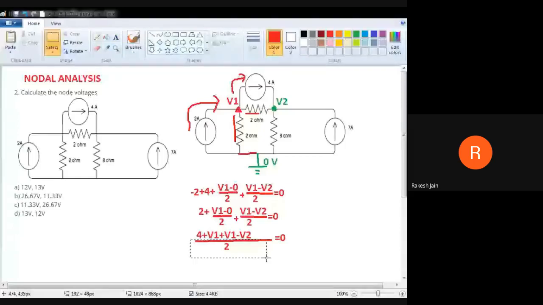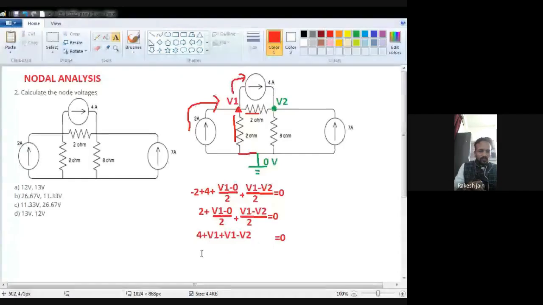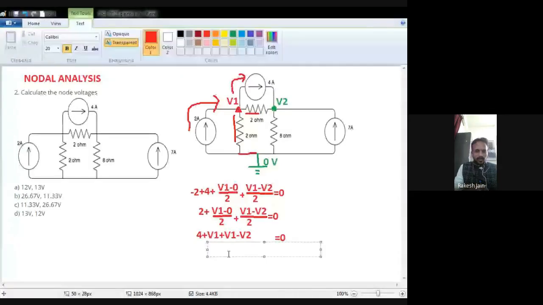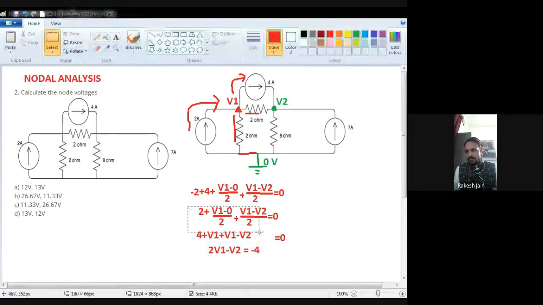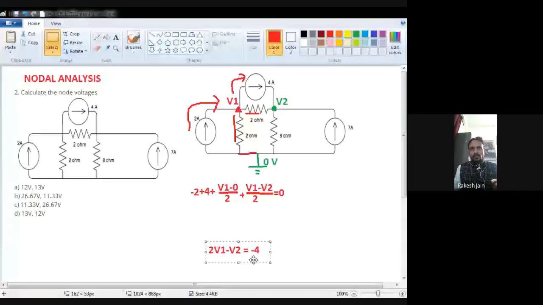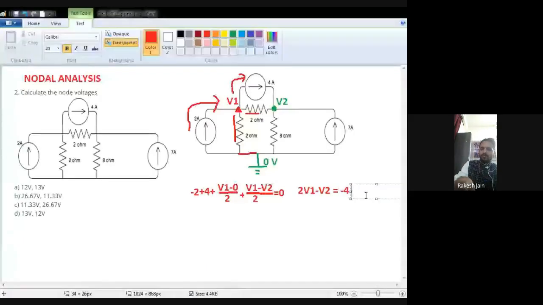Okay, now see this, it is simple mathematics. So 2 multiplied by 2, that is 4. Then 2 ones are 2, so only V1 is remaining. Then 2 ones are 2, so only 0, there is no meaning of this 0. Then again 2 ones are 2, so only V1 minus V2 is remaining. At the right hand side there will be equal to 0. Whenever the right hand side is 0 after taking the LCM, there is no meaning of this denominator term, because this 2 will be multiplied with 0, then 0 will be there. So delete this.